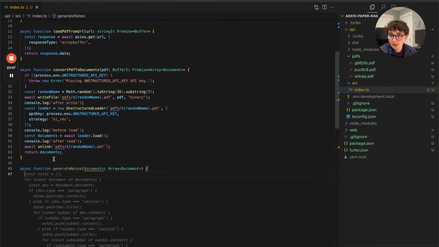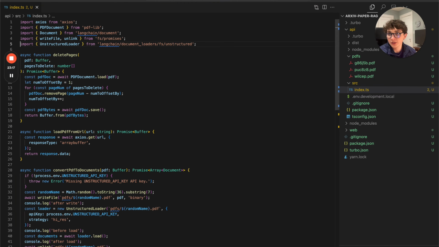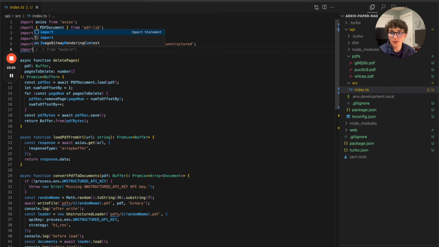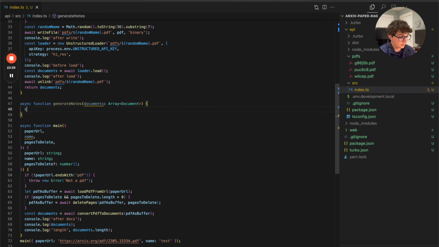So the first step, these documents, we can't actually pass them to OpenAI, so we've got to convert them to a string. But luckily, LangChain has a nice helper function. It's called formatDocumentsAsString. And essentially, that is not the right path. It's from utils/document. And essentially what this does is it allows us to, okay, so const documentsAsString